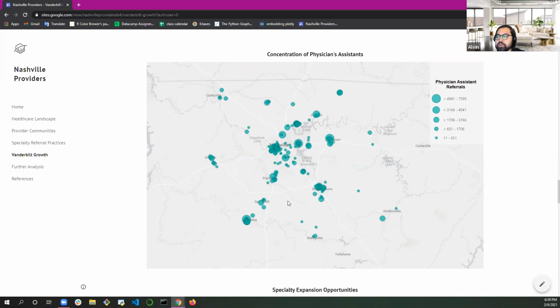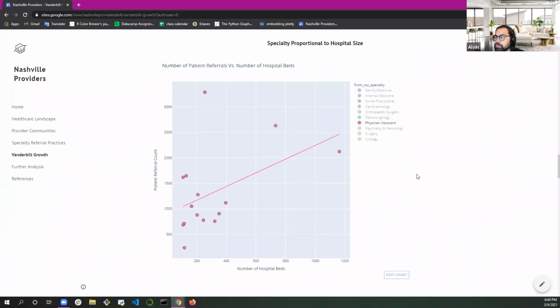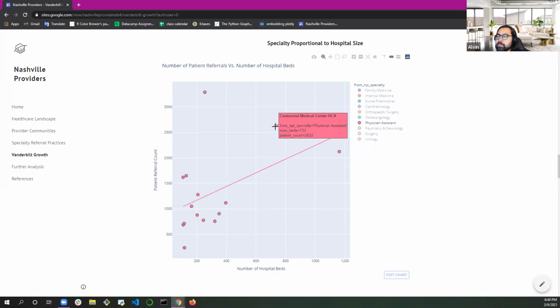And what that kind of goes to show is that, if you go back up to the other map, Alexa, no, stay on that physician assistants one. If you look at some of the points that have high levels, a lot of these, Maury County and the Hendersonville TriStar Horizon, are in the more rural parts of the communities. So with that being said, it's not just that there's a proximity effect to it, but there's also a tight network community